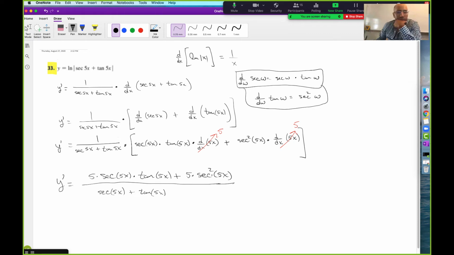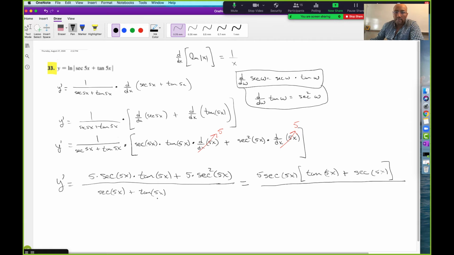Okay, now if we factored out a 5 and a secant of 5x from the numerator, then 5 and secant 5x, we end up with tangent of 5x plus, and then 5 and a secant 5x, there's going to be one more copy of secant 5x. Oops, not squared. Secant of 5x is what's left in the numerator. All of that gets divided by this